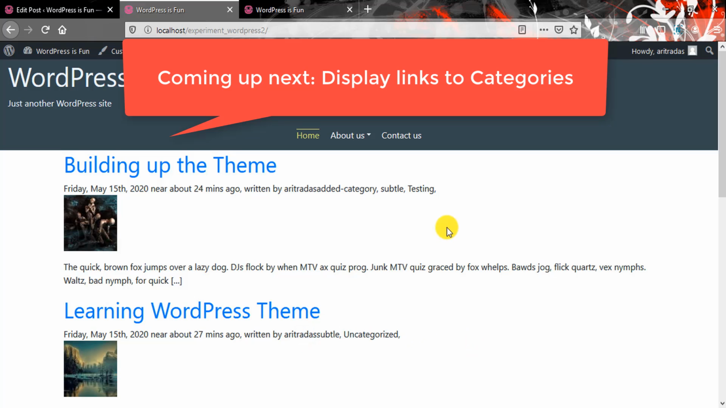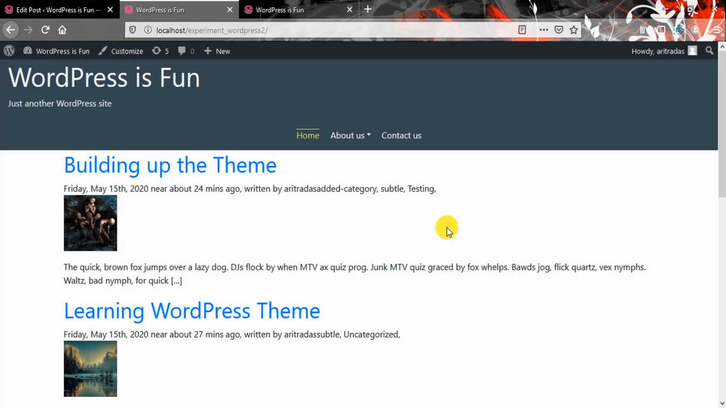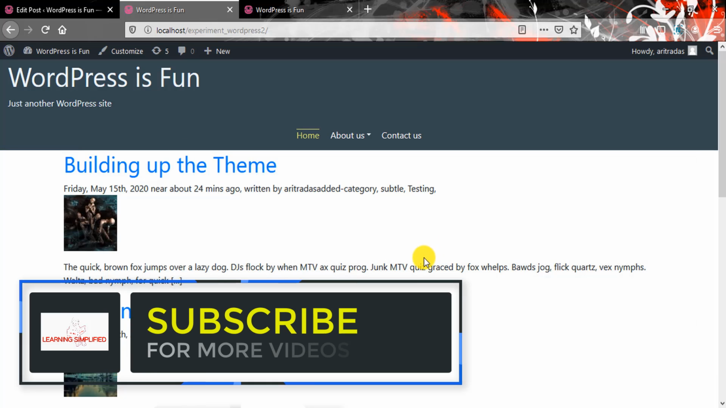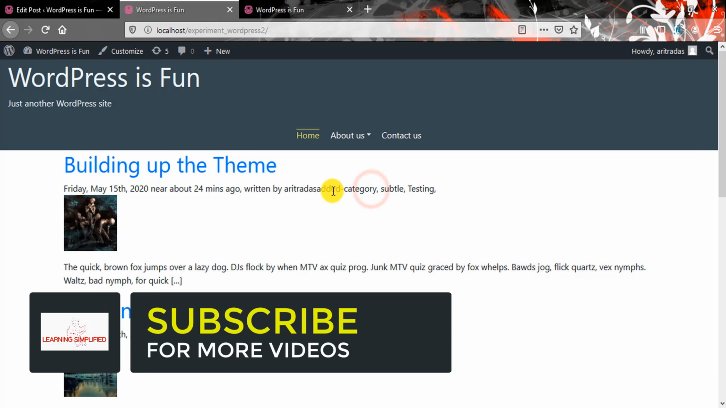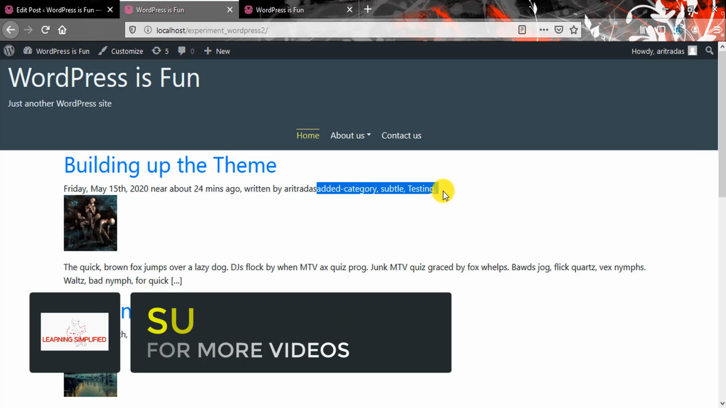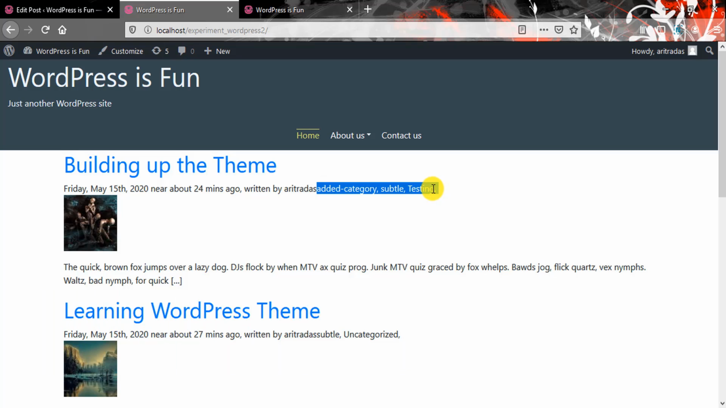Now all the things that we need to do is make it look a little more spacious, make it display well, and the most important thing that we need to do is add links to these individual categories. So we need to put some links on it,